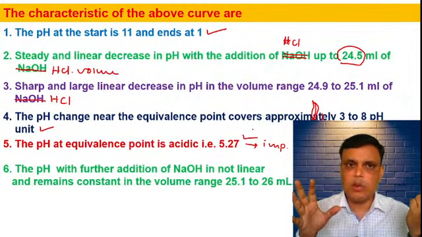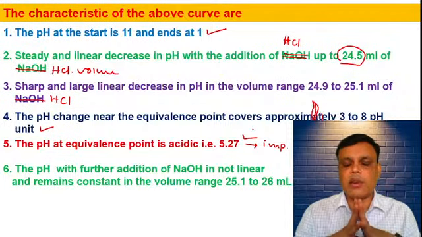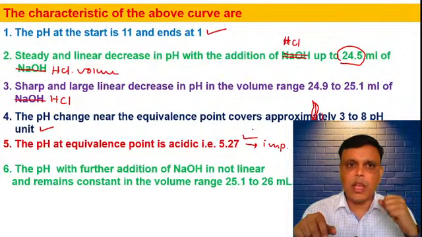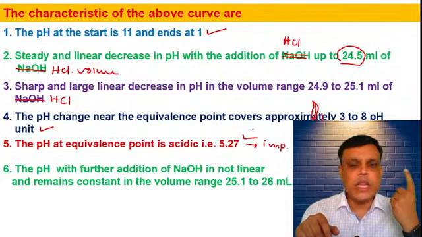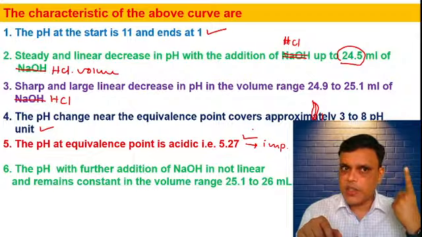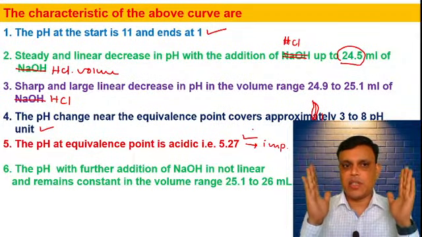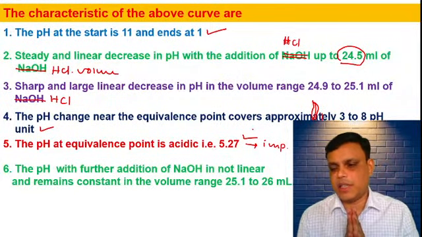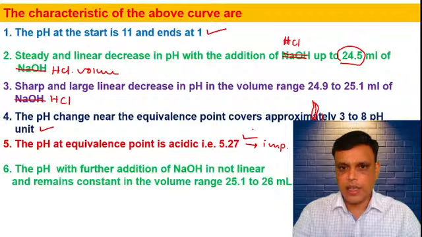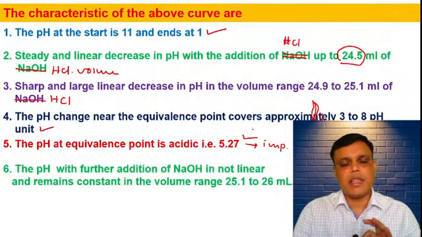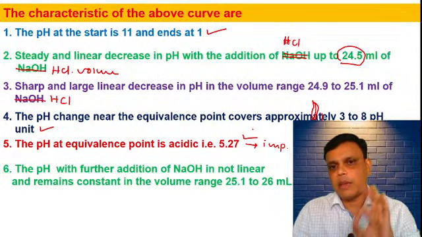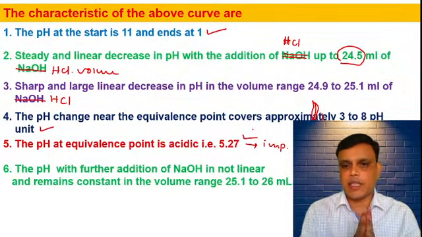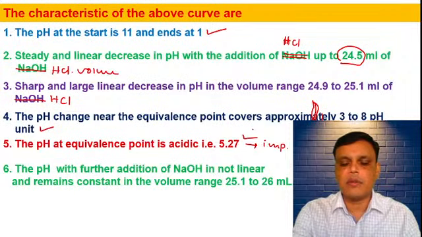हम लोगों ने टाइट्रेशन नंबर 1 देखा, टाइट्रेशन नंबर 2 देखा, और दिस इज और टाइट्रेशन नंबर 3. So for all these three titrations you have to write minimum 3 characteristics, that is pH at the starting, then pH range near the equivalence point, and pH at equivalence point. ये आप लोगों को 3 characteristics याद ही रखने होंगे, और अगर एग्जाम में पूछा तो ये at least 3 you have to write. ठीक है, so please remember these 3 titration characteristics for the above titration.